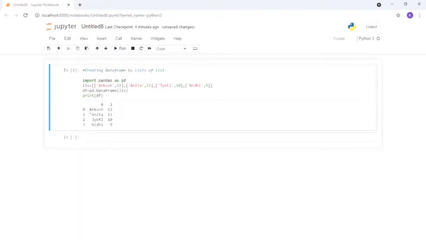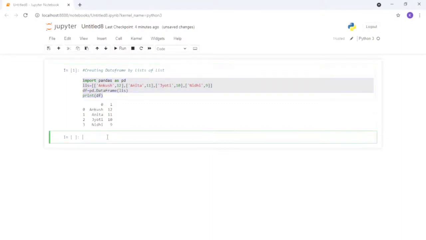You can see now it is changed into a table with index and rows also. So column and indexes. Once we go with the column and indexes, we can also change the name of the index and the name of the column. So I'm just copying it and pasting it here. I'm creating the column name. Once we go with the column name, we can type the whole command again, and then we have to define it with the help of the df command.